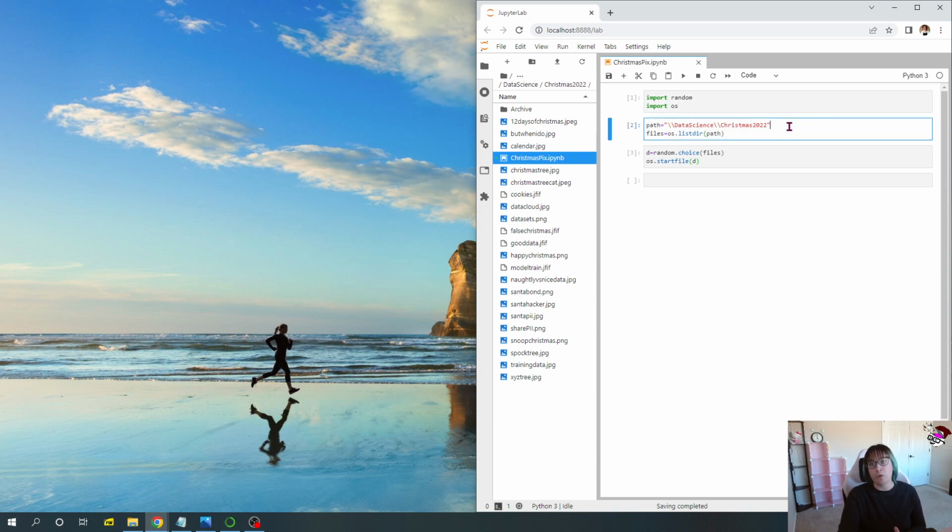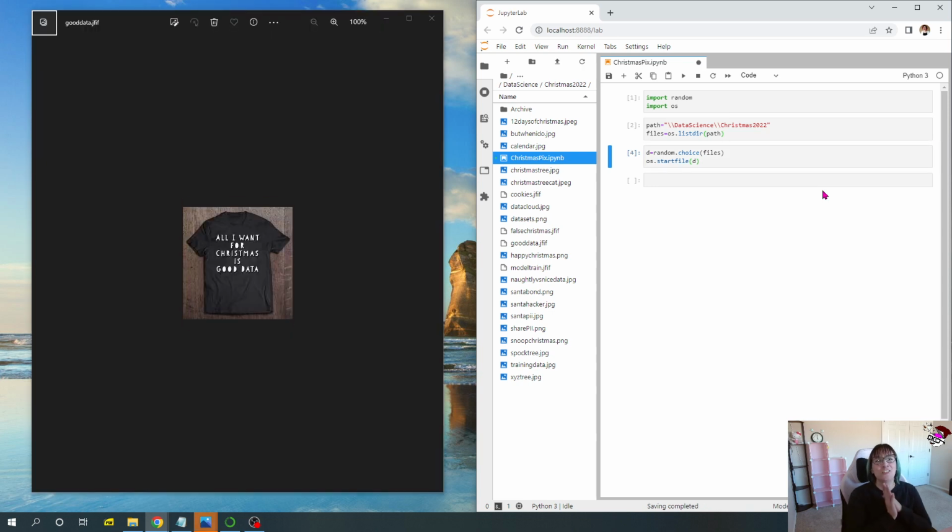This is that folder location, and also using the list directory from the operating system to show a list of the files that are in that folder. And then here you define the random choice from the files, and then use this start file to pop up the file for you. So I have run this, and if you run it, then it shows up our first random meme.